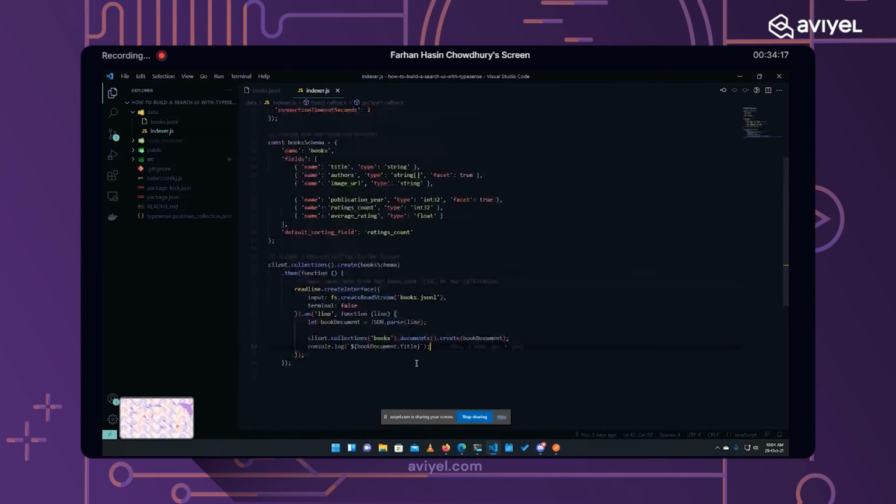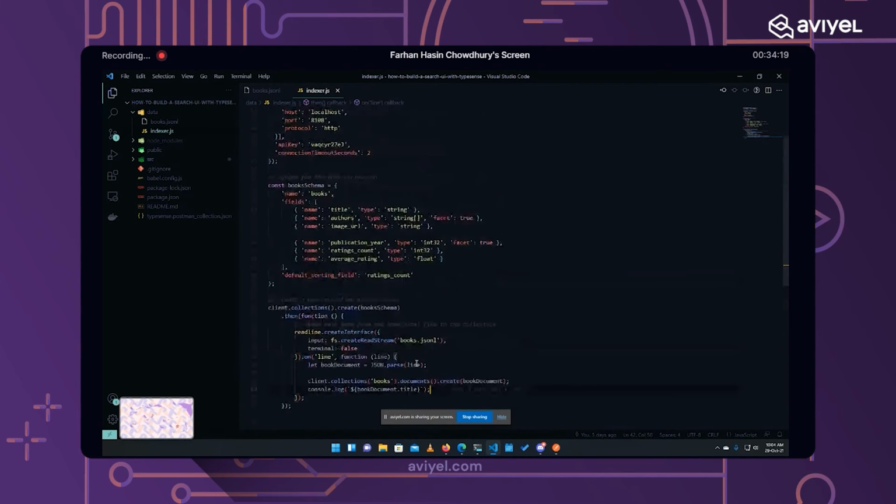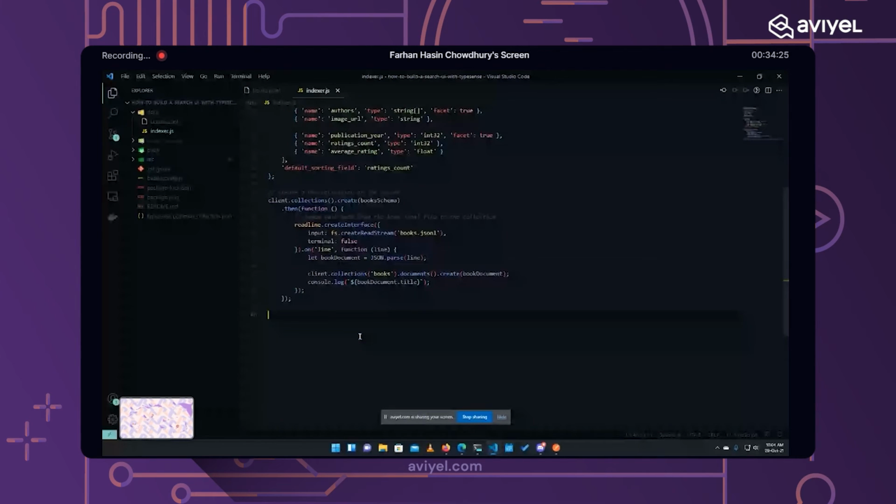I understand that this entire file may seem a little bit complicated to you, because that's what it is, but in a real life scenario you won't have to read from files like this. You will have your data ready from a data store and you can just loop over them, turn them into JSON, and then send them off to TypeSense.